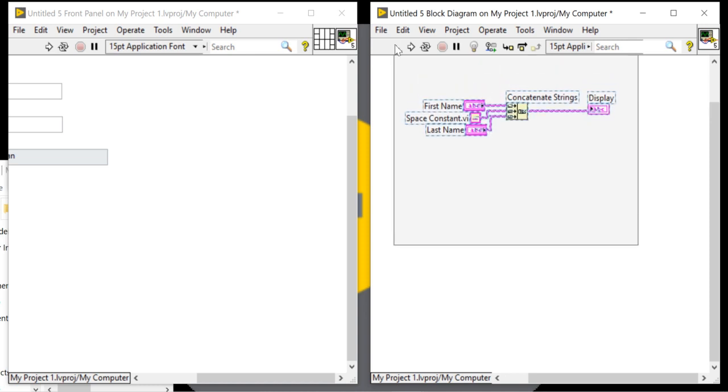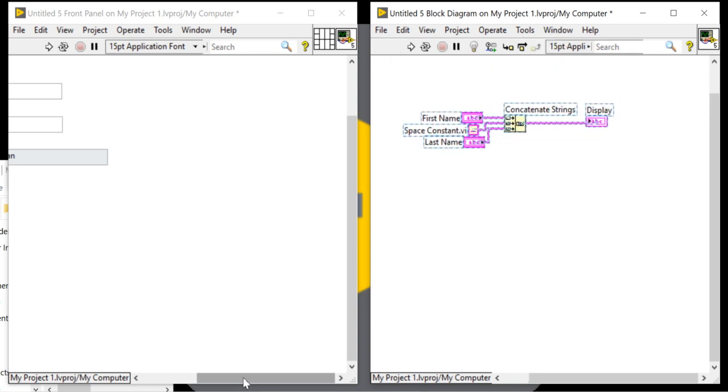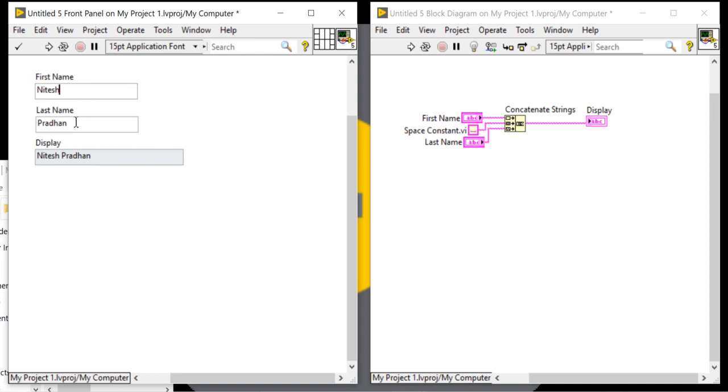What I am trying to do here, just think: if the user enters a space after the first name and a space after the second name, we need to control the characters. If I apply a space after Pradhan, it will give me one more space character. If I apply two spaces here, it will show me two spaces. It will add more than two spaces.